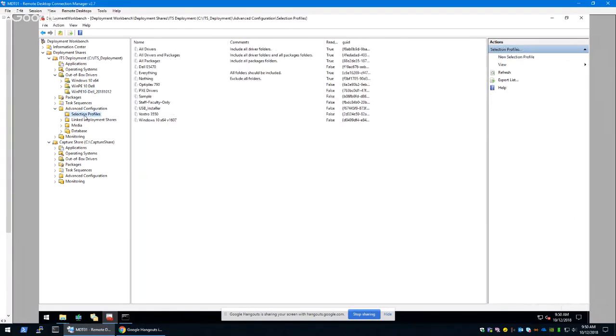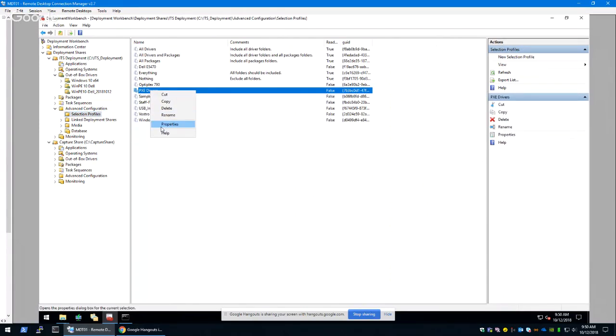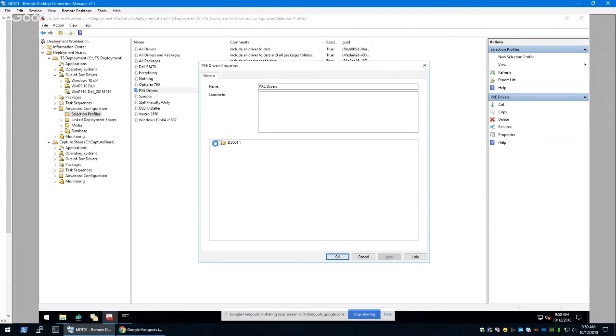So next we'll go into selection profiles. I already have a selection profile here called PXE drivers, so I'm just going to reuse it. If you already have it, you can right click and go to properties. Otherwise, you just go to new selection profile. And they're pretty simple. Within here, you're basically saying the selection profile is going to only look at a particular set of drivers or different folders. So because we were using this one previously, I'm switching to our new folder, clicking apply,